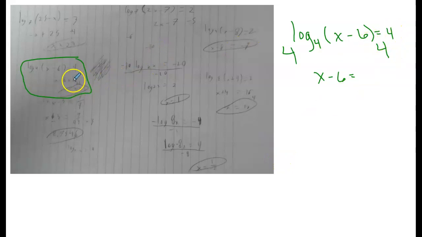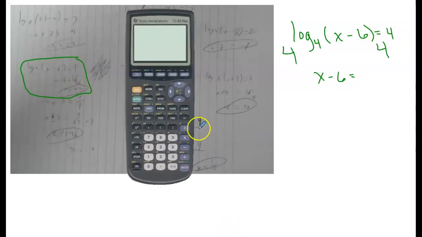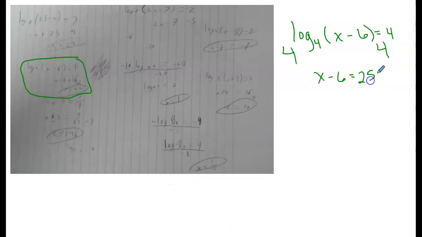It looks like in your work here you tried to multiply 4 times 4. That's not the same as 4 to the 4th power. 4 to the 4th power is 256, not 16. Okay, then we're going to add 6 to both sides to get x by itself,